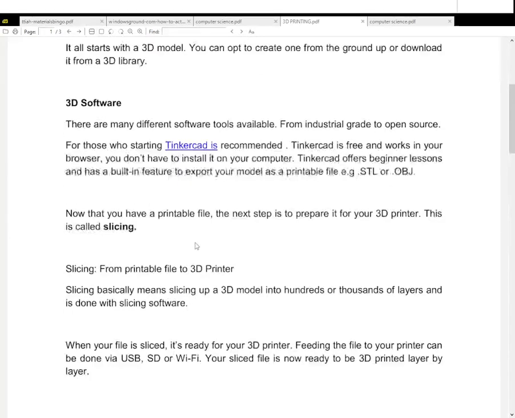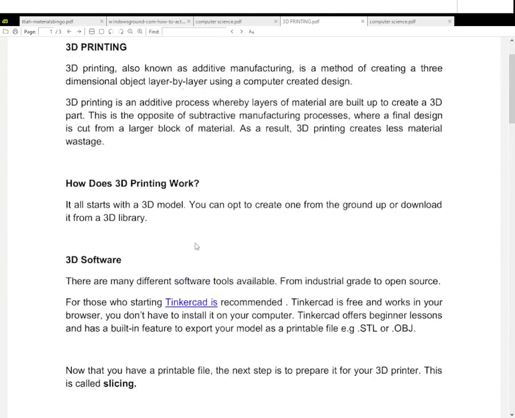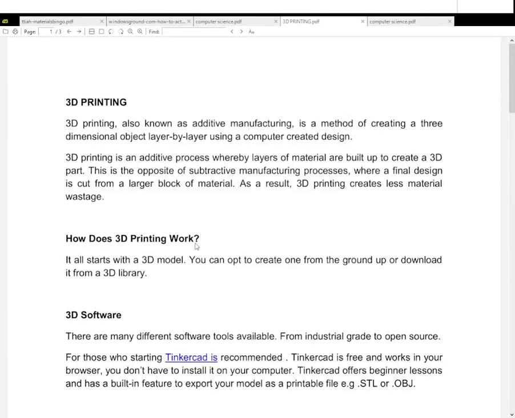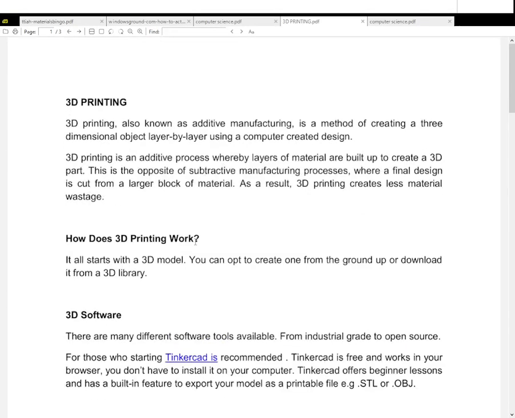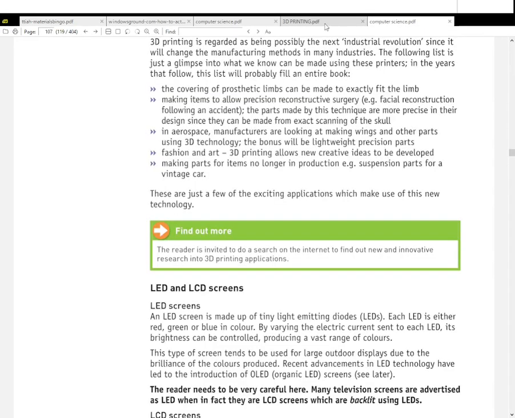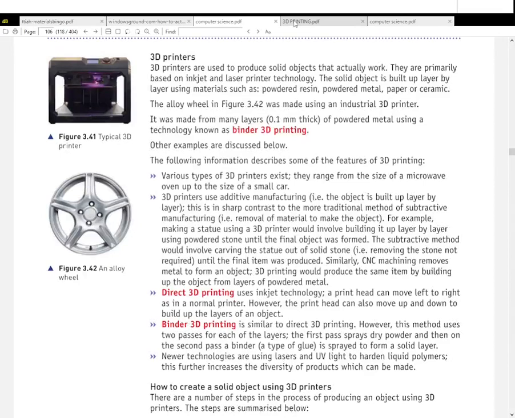We also talked about the software requirements. What are some of the software you require in order to actually come up with a 3D printing object. We also talked about the